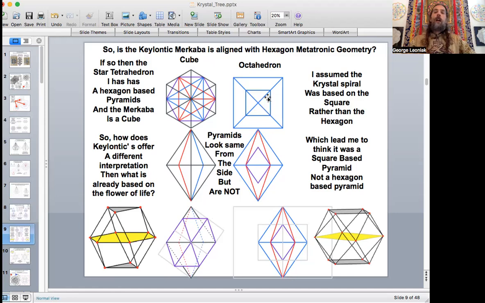Now, we're going to look a lot more at the octahedron view of this, but we're going to continue to make comparisons between the square-based and hexagon-based of these two forms. Here's a cubeoctahedron, hexagon view, and square plane. Because there is a square plane in the cubeoctahedron, and that is what this is showing you over here. We've got octahedron from vertex view, a cube from vertex view. Now, these two pyramids look the same from the side, completely the same. But really what the difference is here is